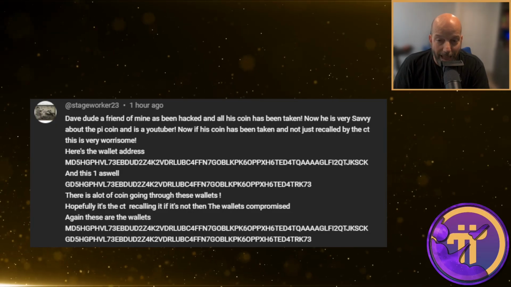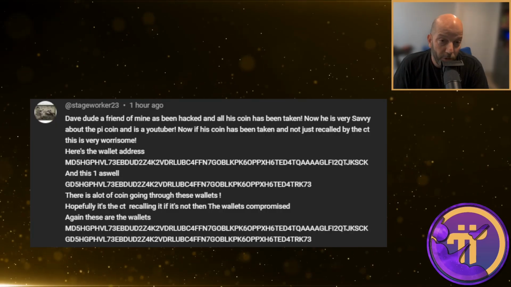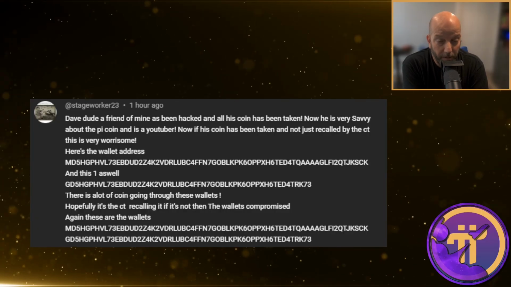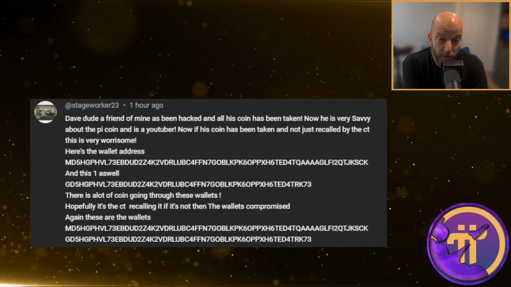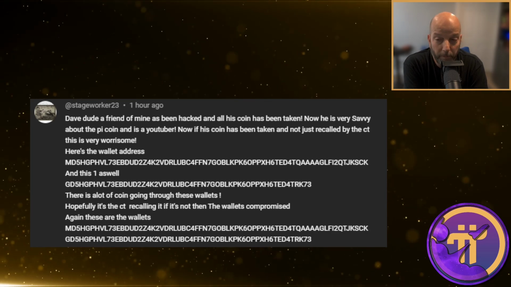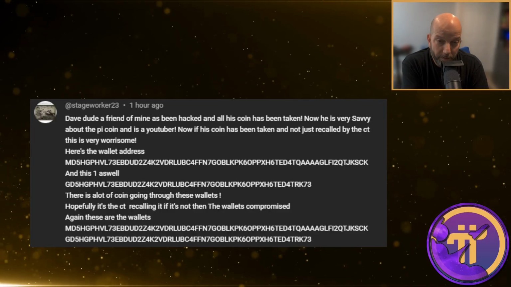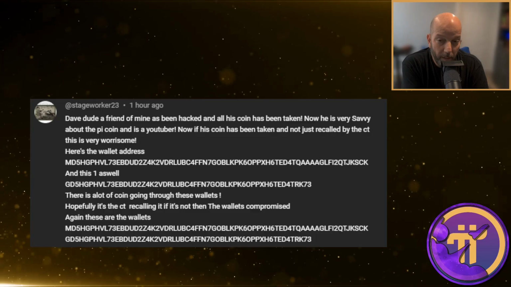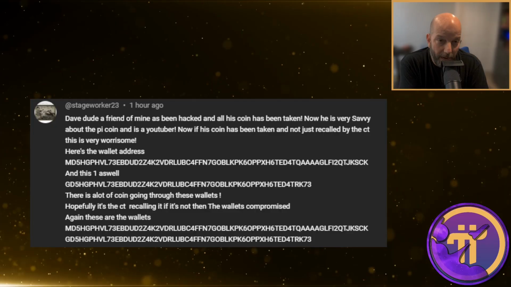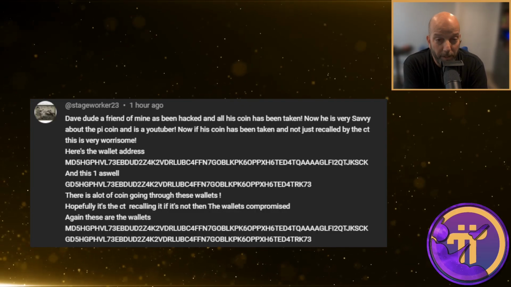However, the addresses that were given don't belong, or at least are not controlled by the Pi network. The main wallet is owned by MEXC. And because it's an exchange, you are going to see a lot of transactions to and from that wallet. That's to be expected. And the wallet that is provided as his friend's address is a sub wallet of the main MEXC wallet. My reason for pointing this out is I'm not sure if this is valid or not. And if it is, I'll need more information.